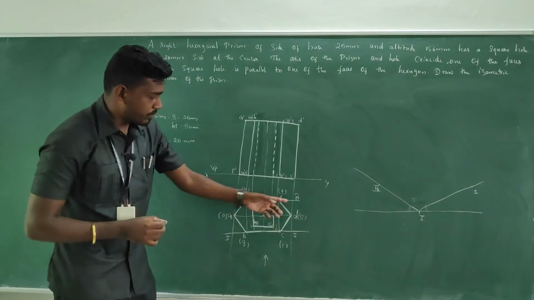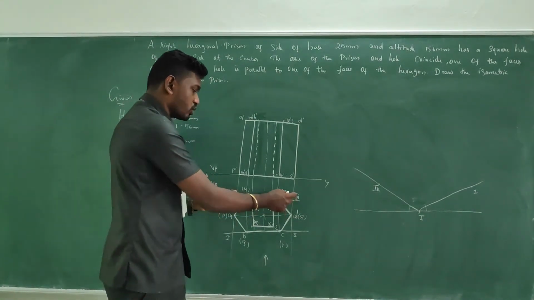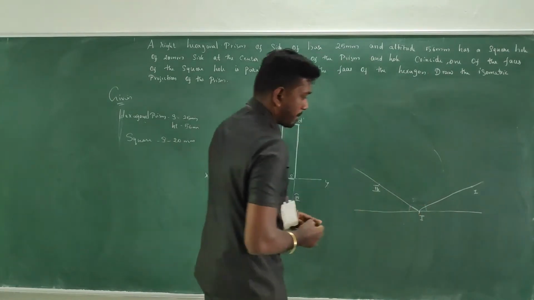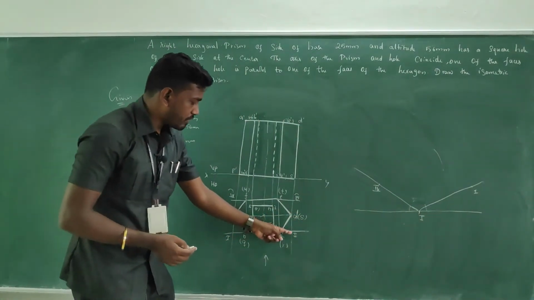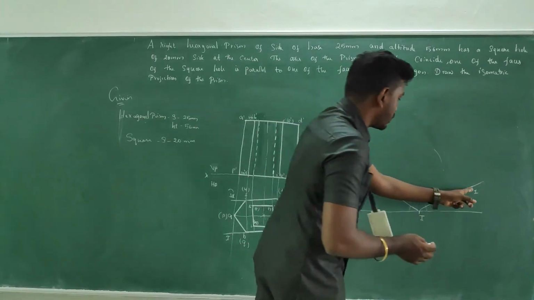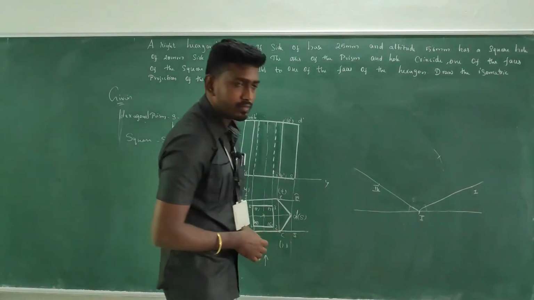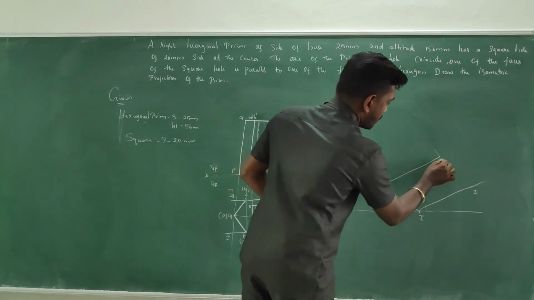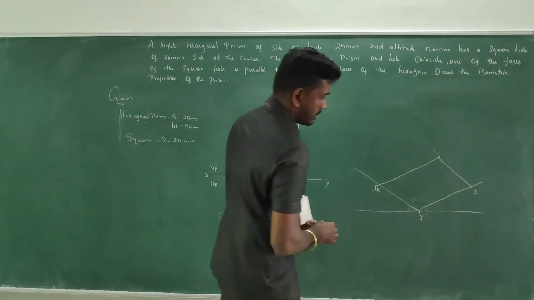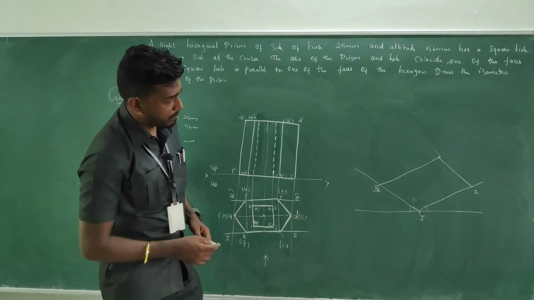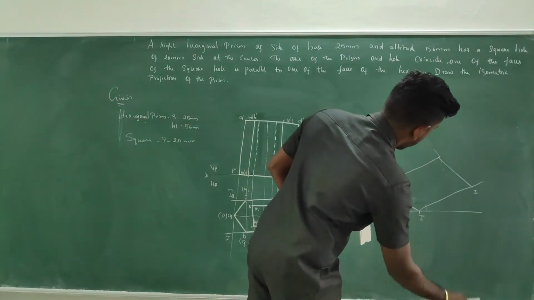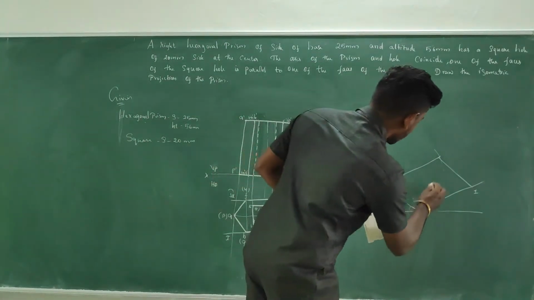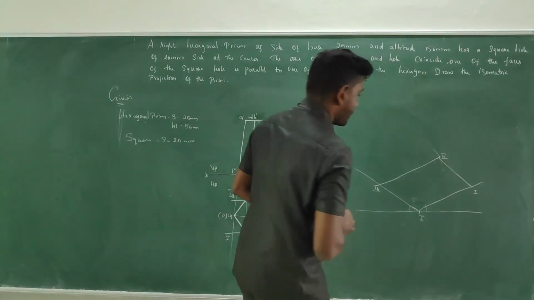How will you get the third one? By taking the measurement from 4 to 3 and conveying it from 4, just have a cut mark. Then measure from 2 to 3 and, keeping at 2, have a cut mark. If you connect it, you get the boundary, somewhat like this.